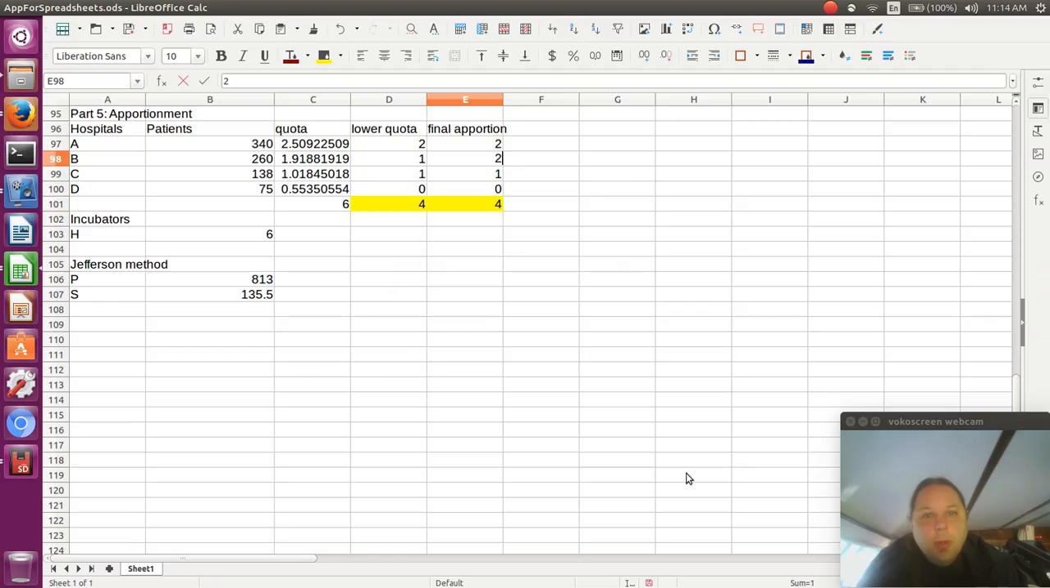So the largest fraction is 0.919, and that is Hospital B, so they get their upper quota. One other one goes up. The next largest fraction is 0.5535. So Hospital D, they're going to get their upper quota, and now I'm done. This is an example of how to do an apportionment with the Jefferson method using a spreadsheet. Next, in part 6,